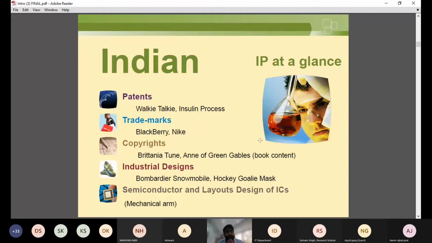Even nowadays trademarks are given to the shape of buildings also, just like the Bombay Stock Exchange building in Bombay, Taj Hotel in Bombay. Those buildings have been given as a trademark because they give a certain identity of that particular business, right? Then third we have is copyright.